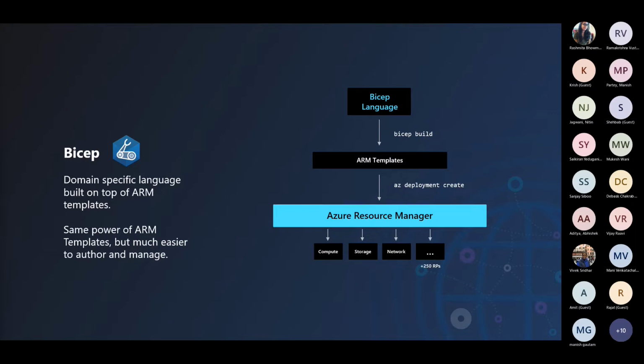So there can be one question: when things like Terraform and others are very popular, why are we going with a different language altogether? The idea here is that while we always make sure we have continuous support available for all Terraform resources from Microsoft, this is something we are providing for our customers as an additional